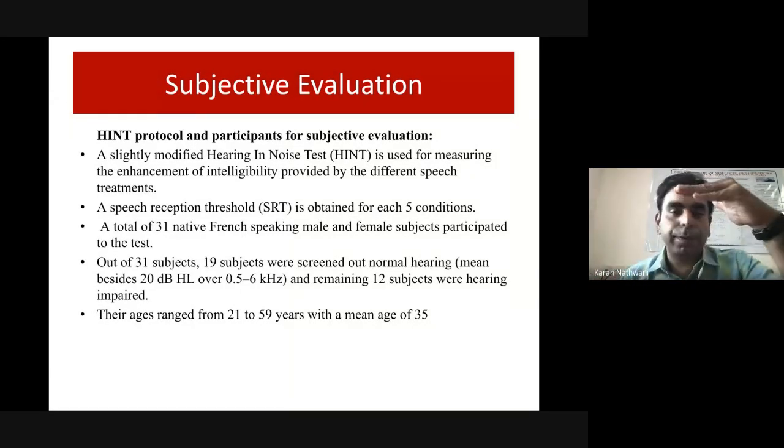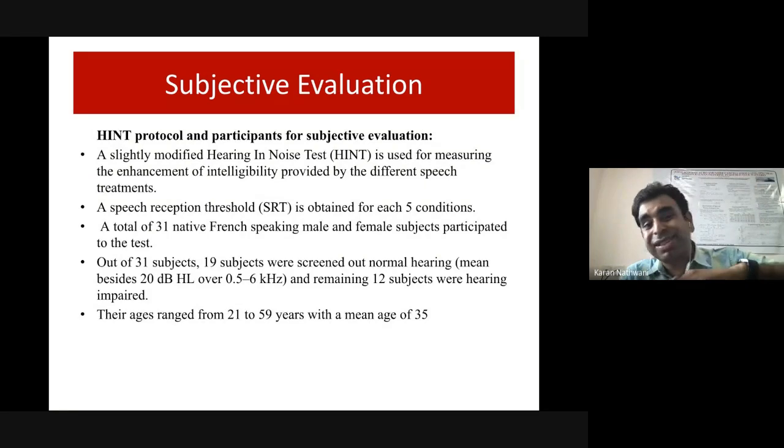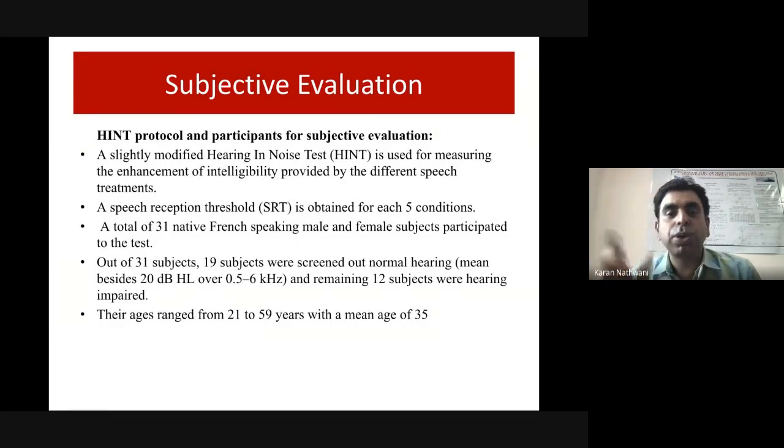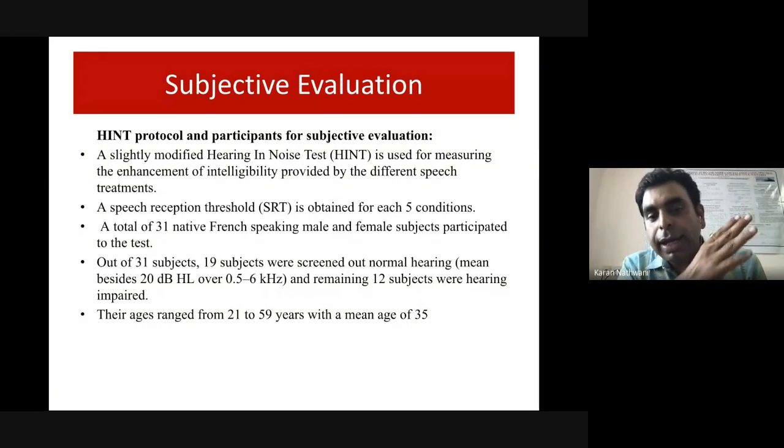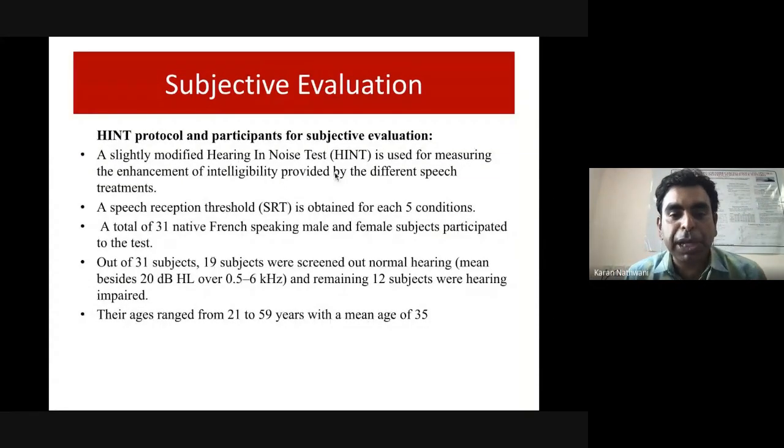Let's say at minus 24 they are able to hear, then I put minus 26 for the next sound. If they are able to hear this, then minus 28, like this. I keep on changing by 2 dB. By this, I am able to get the SNR values. What are those SNR values where they are able to hear it? Then I take the average of it and compute the speech reception threshold for all the methods. I will play it one by one, 5 methods. Then I got the SRT.